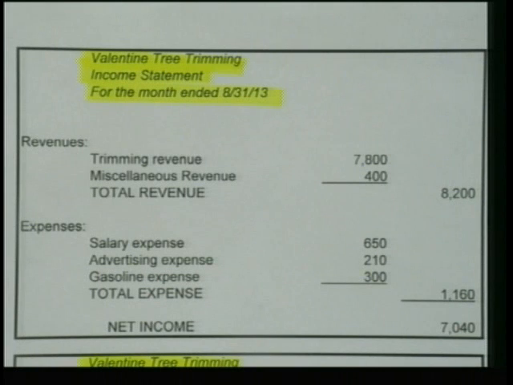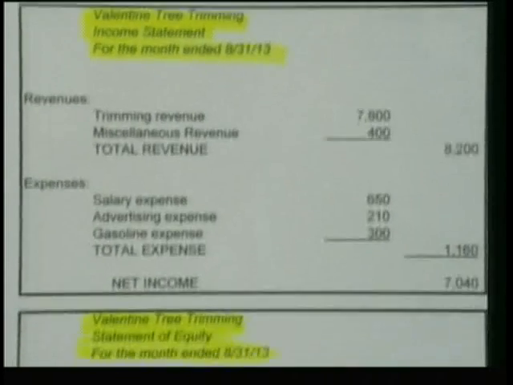We have our revenues less our expenses, and we have dated it properly or prepared it in good form, or proper form, as I like to say. We have the name of the company, the name of the statement, and it's dated correctly. It says for the month ended 8/31/13 on the income statement, correct? All right, that gives us in this case a net income of $7,040, and that flows down to the